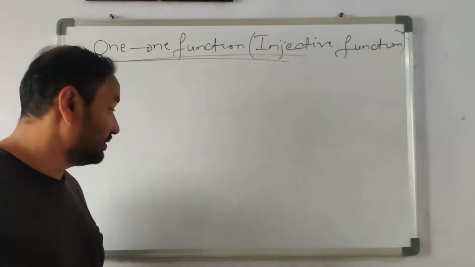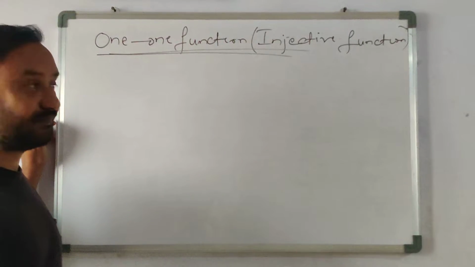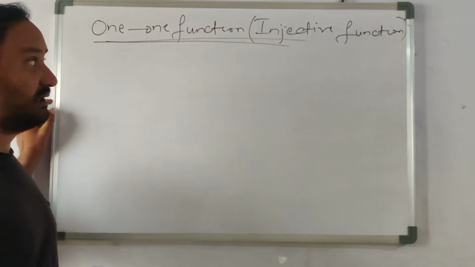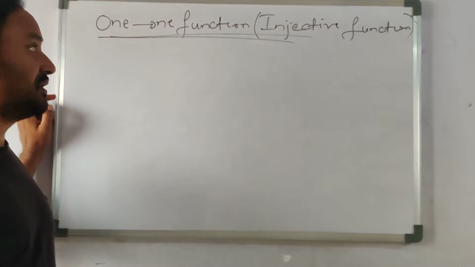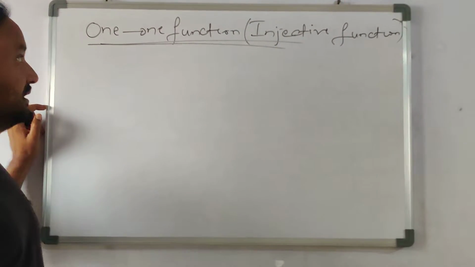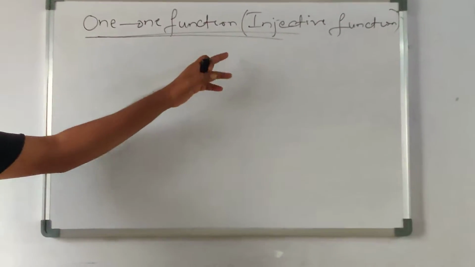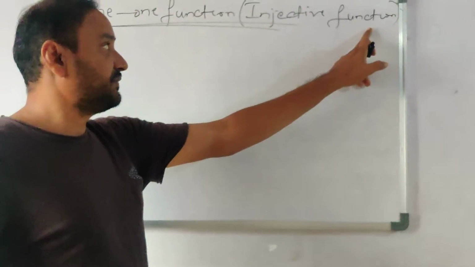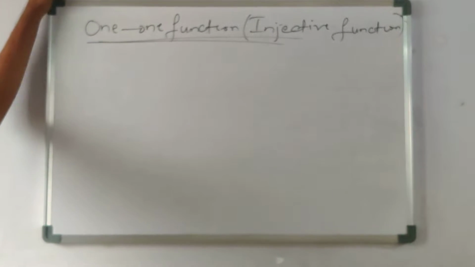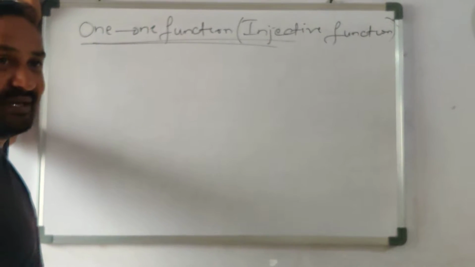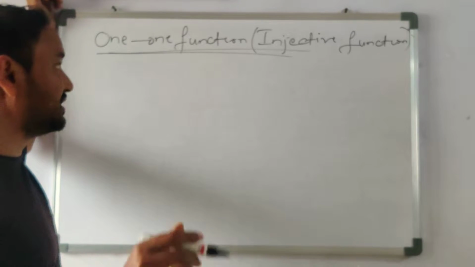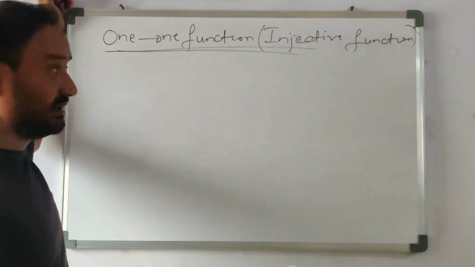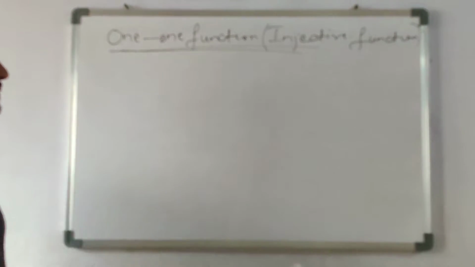In the last lesson I gave the concepts of the function. That is the first lecture. So in this I am discussing one-one function and onto function. Here, first, one-one function, in brackets injective function. It is very important, because in JEE Mains and Advanced level they ask questions based on one-one onto functions. So that's why first you take one-one function.